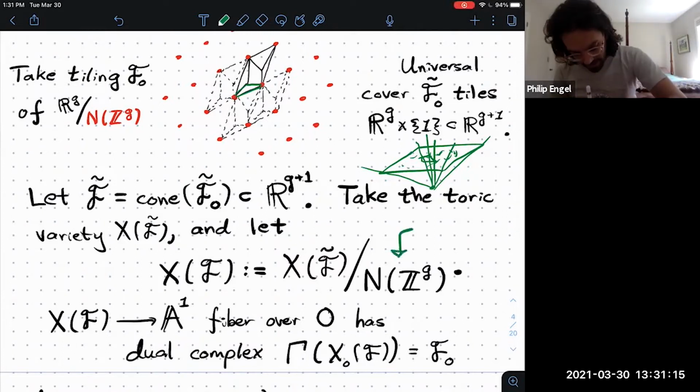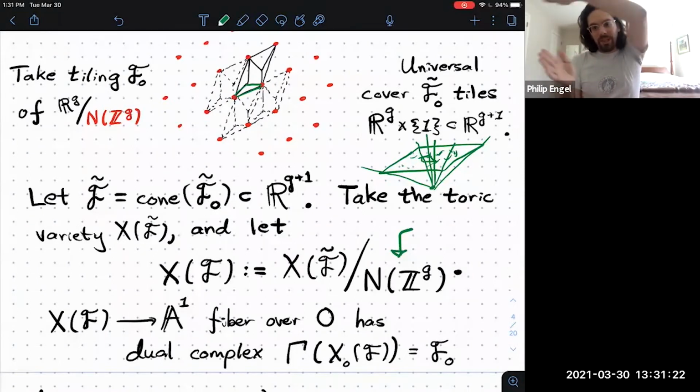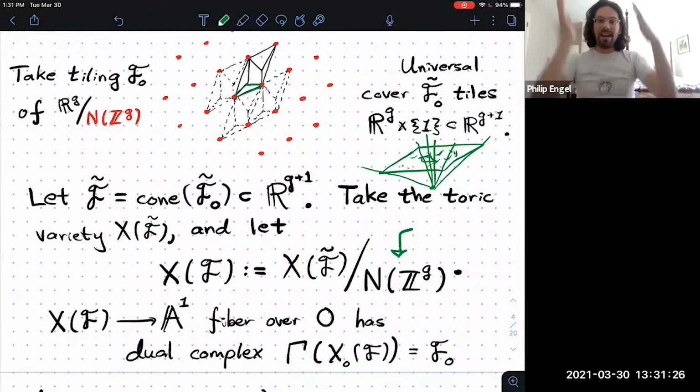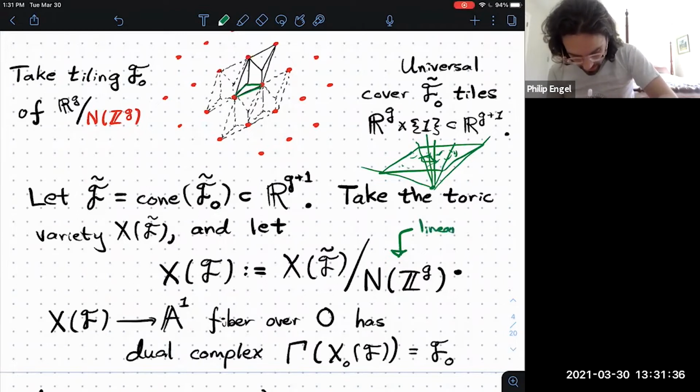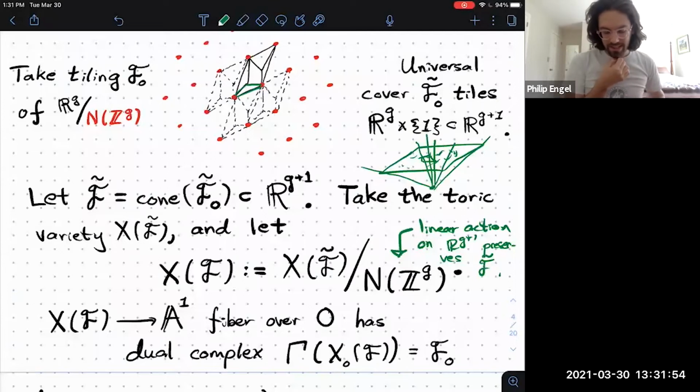So I can quotient by this because this acts on R to the g at height 1 just by translation, and that action extends to a linear action on the cone over the plane at height 1. So this is a linear action on R to the g plus 1, and it preserves this F tilde, the cone over the tiling. And as such, it then acts on the toric variety of this fan, and I can quotient. So when I do this,